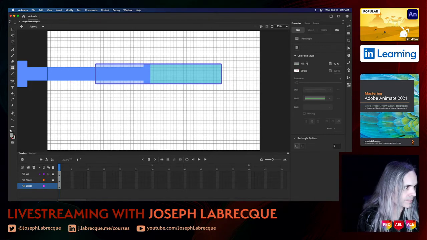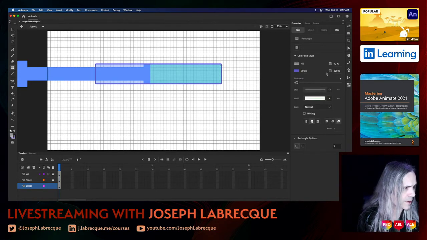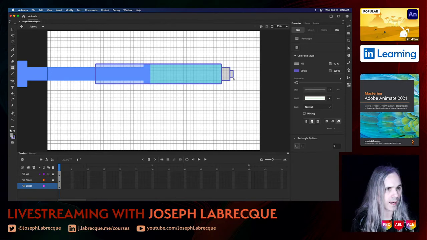All right, so let's go ahead and create the kind of nib of our syringe here. So stroke, let's go ahead and grab that same stroke. We'll keep that going. I don't care for any radius for this portion, so I'm gonna just kind of keep that as it is. And I'll draw a couple little doodads here. And then we'll have to think about how we want to actually do the